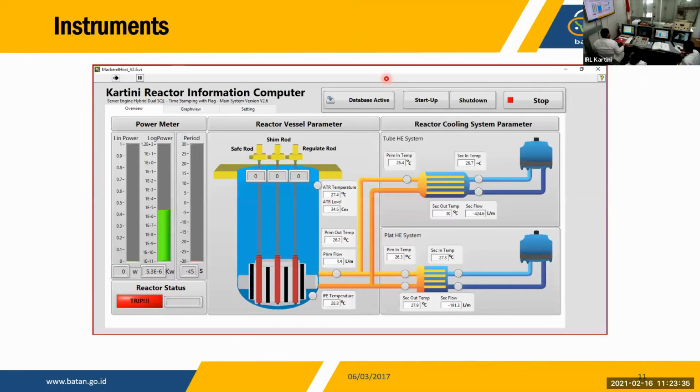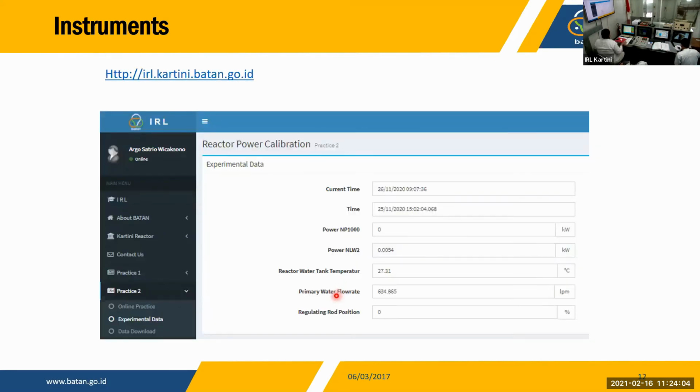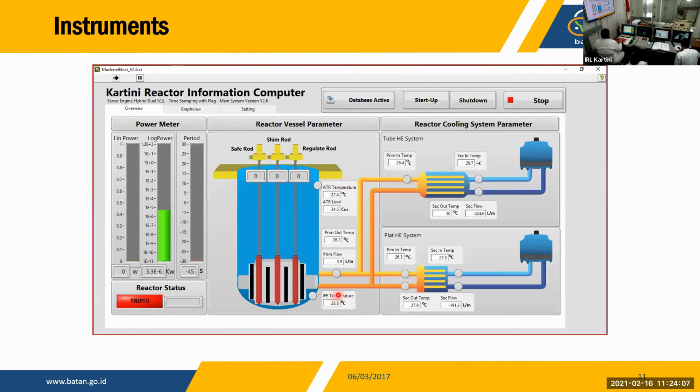Besides, these are the instruments that you can take. As previously mentioned, you can take a look at this value, the ATR temperature. Besides the one from the IRL website, you can also take this data. Just be careful not to mix the data with this data or the primary cooling system data, or it will be very chaotic if you take the data for the IFE